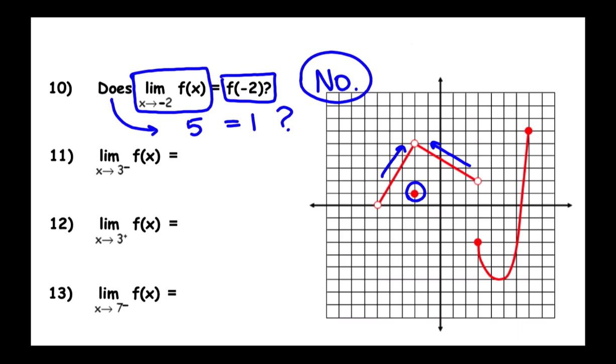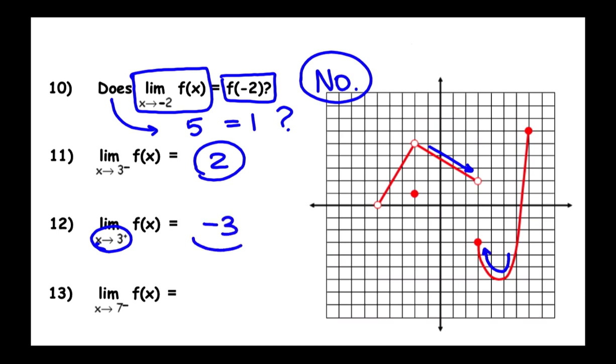All right, what's the limit as x approaches 3 from the left? We've already seen this. We saw that there was no limit as you approached x equals 3 overall, but if you approach x equals 3 from the left, there is a limit, and that limit is 2. If you approach 3 from the right, again, you're coming around this little J hook. Yeah, there's a limit. But because the left and right-handed limits don't match each other, an overall limit didn't exist